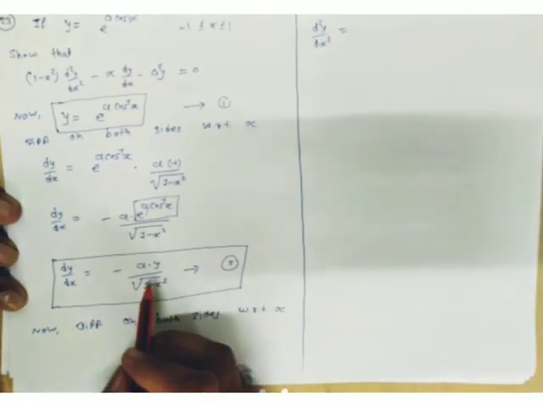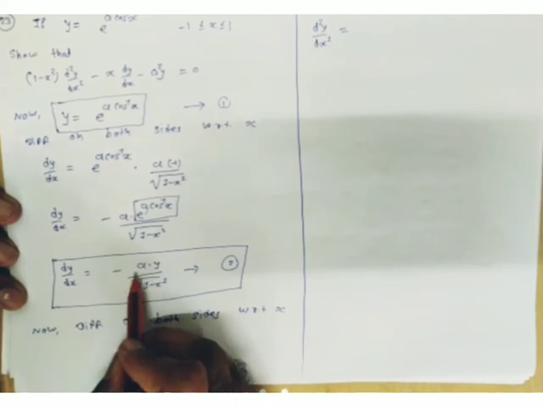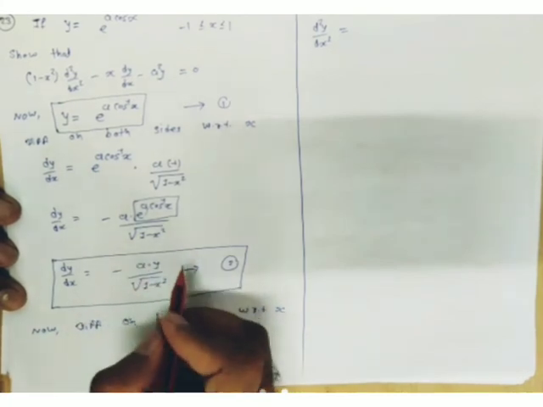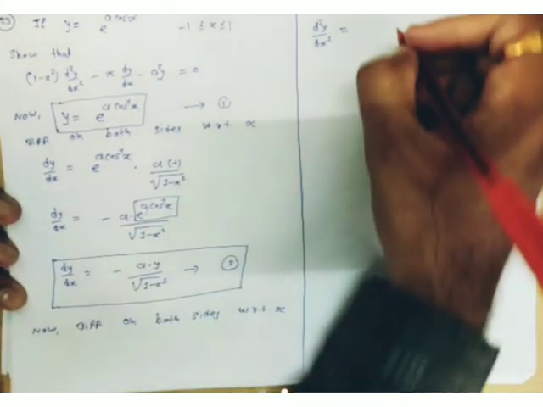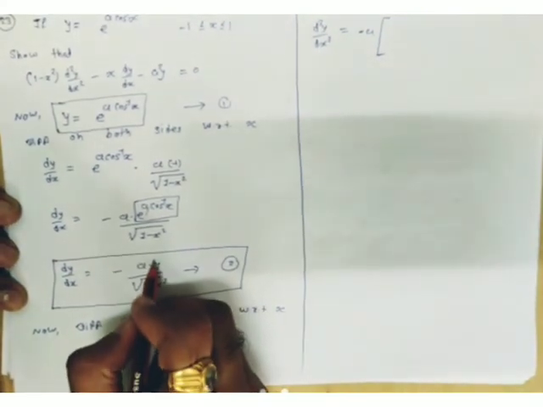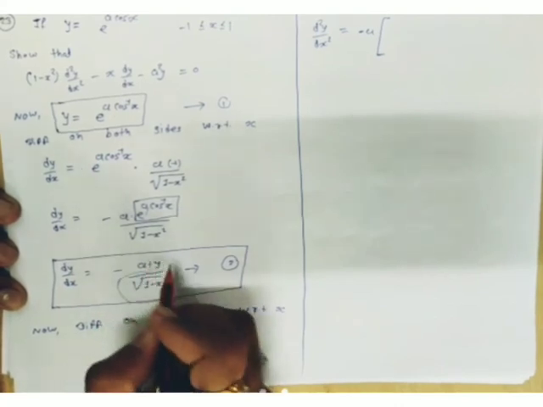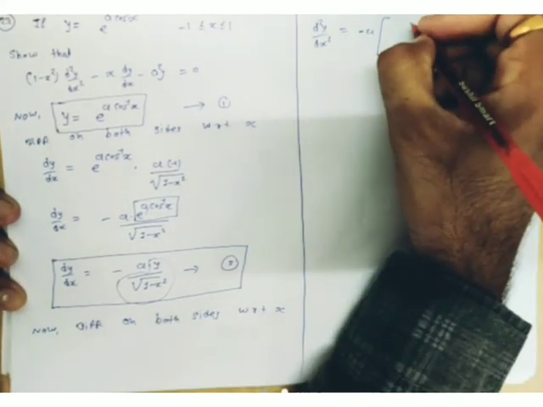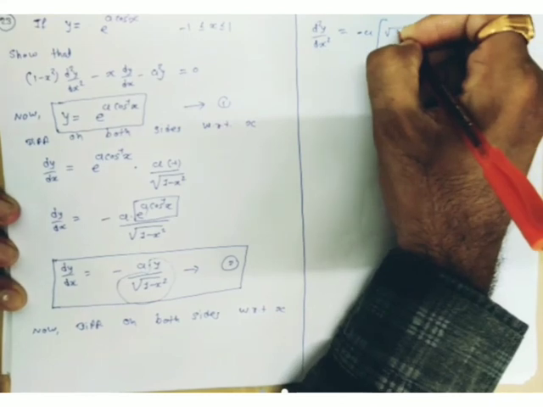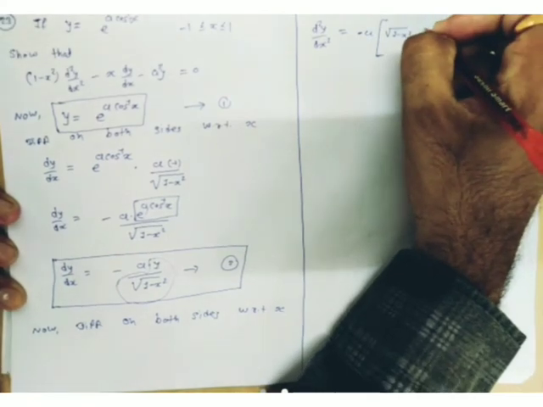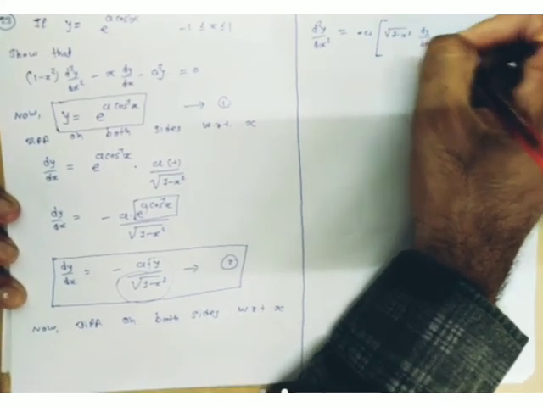Now students, you have to consider the differentiation of this one, minus a into y upon square root of 1 minus x square. So taking this minus a as a constant, we'll consider the differentiation by quotient rule. Again we consider the differentiation of this term as a quotient, y upon square root of 1 minus x square. So in that differentiation, the denominator stays as it is, square root of 1 minus x square, and the differentiation of the numerator, the differentiation of y, is dy by dx minus